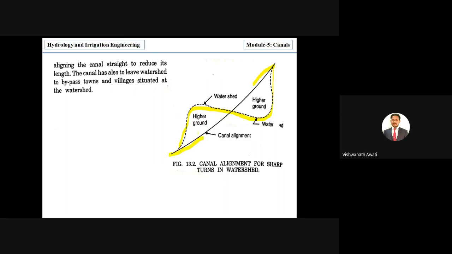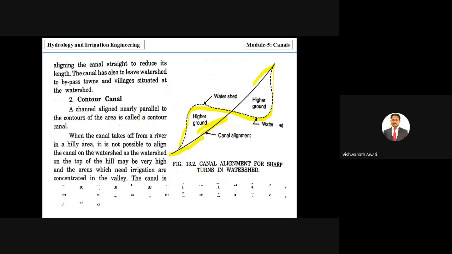And if there is an area under irrigation here, then irrigation facilities are not provided in this portion. If it is required for irrigation, then an alternative arrangement has been made. And if there are villages or other important places, these kinds of structures are also provided, correct? Okay. Then we will go for the contour canal. By the name only you can understand it is provided along the contours. A channel aligned nearly parallel to the contours of the area is called a contour canal.